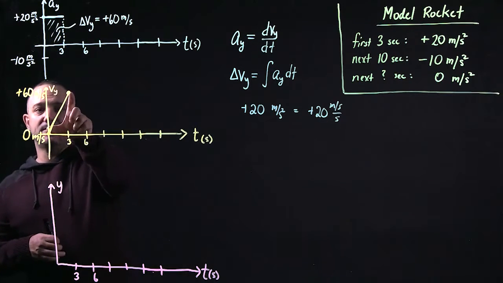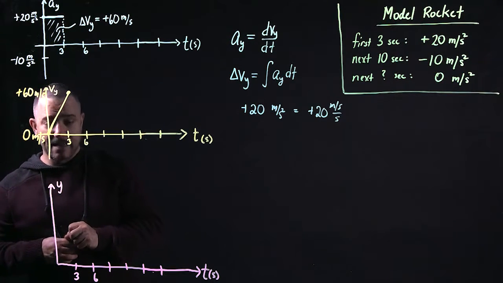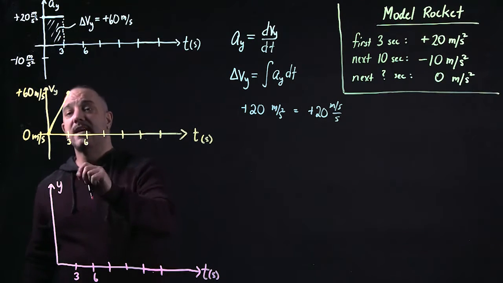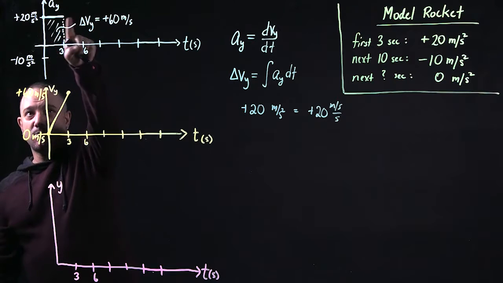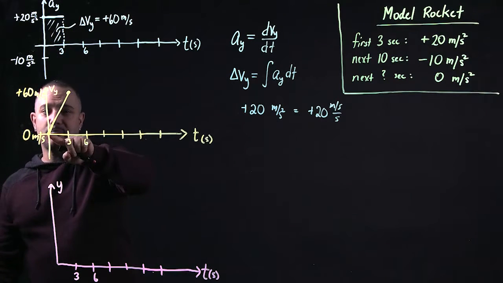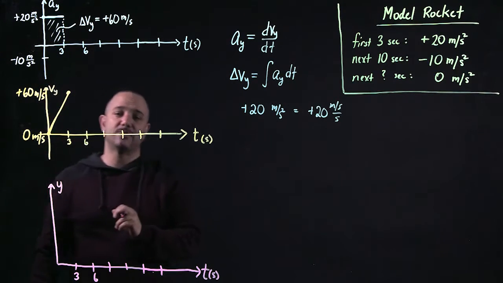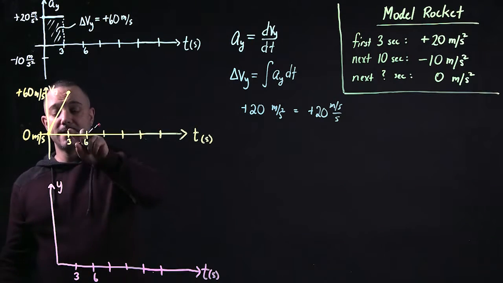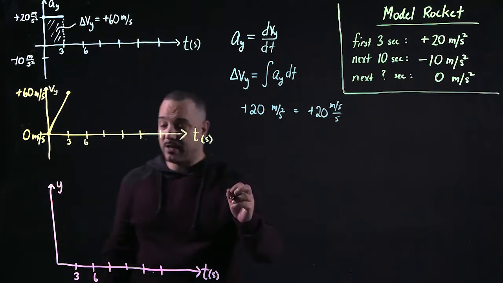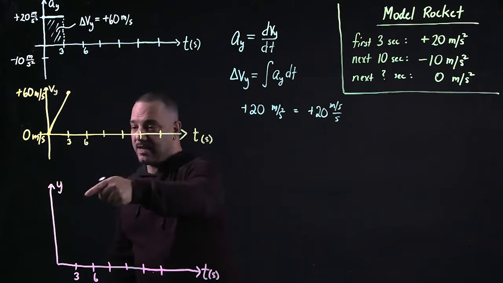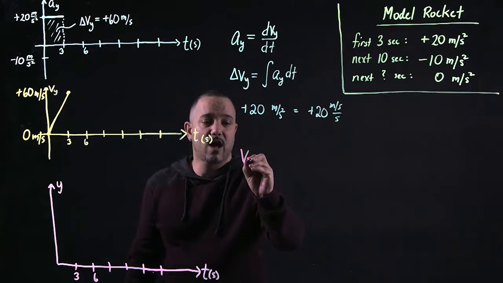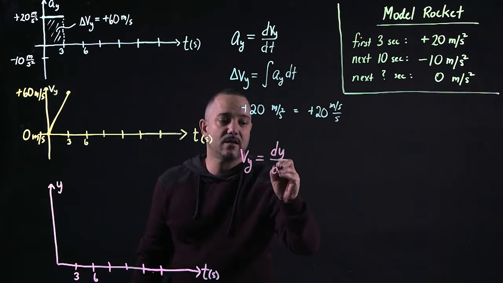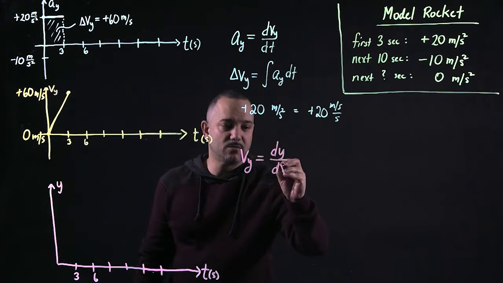All right, so that's that first part of this graph. And now on the position curve, let's come down here. If your acceleration is piecewise constant, your velocity is piecewise linear, it means your position is going to be piecewise parabolic, okay? And remember the relationship between velocity and position is velocity is the first derivative of position with respect to time,